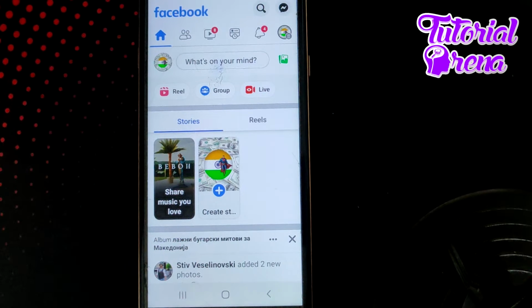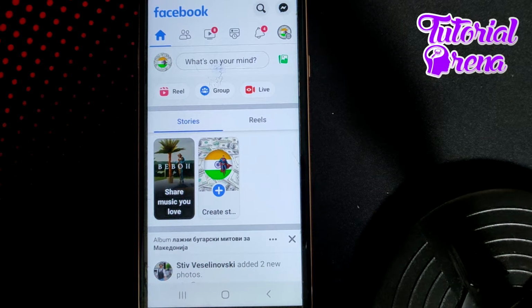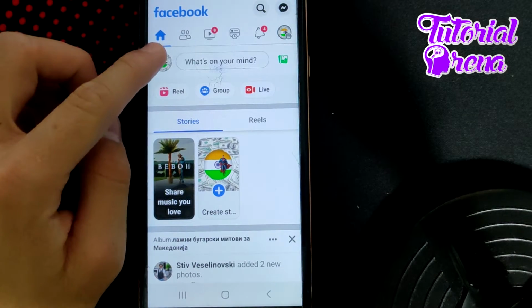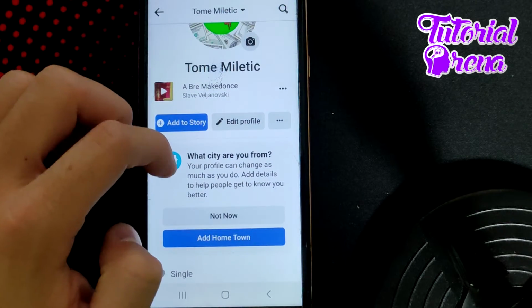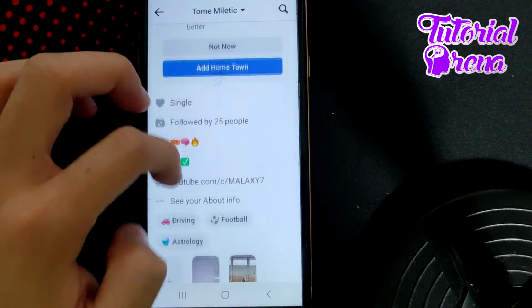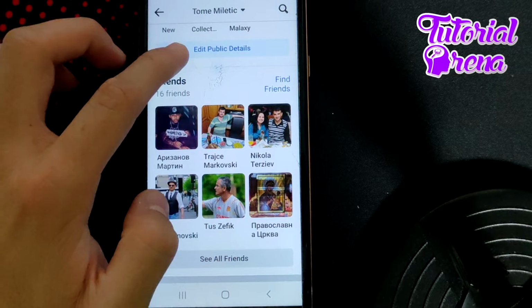In this video, I will show you how to have cute icons on Facebook. Firstly, when you launch the application, you need to open up your profile selection by tapping on your profile icon right there. Simply as you get right here, you need to scroll down and go for edit public details, and